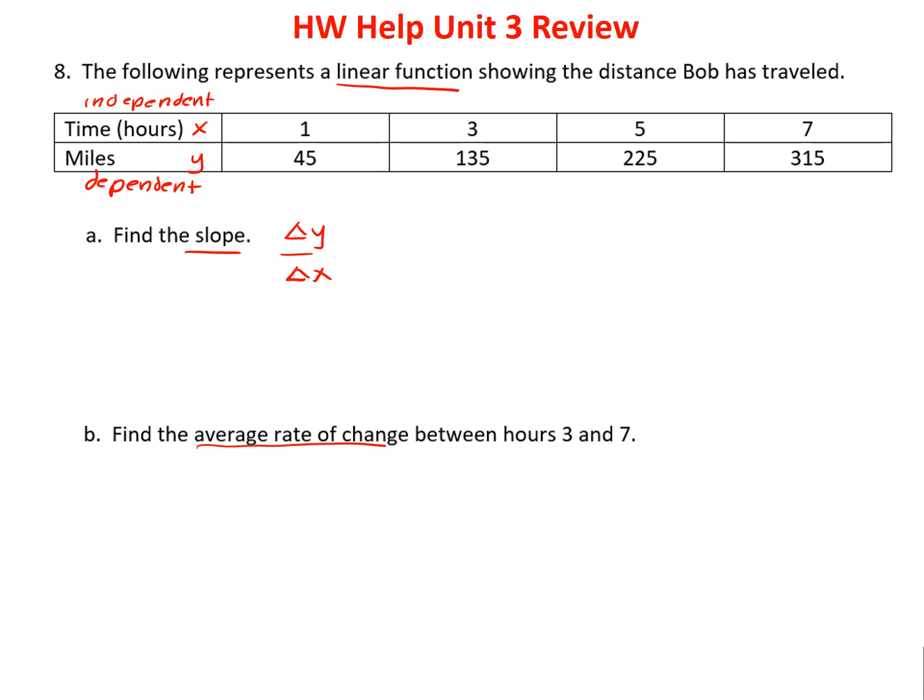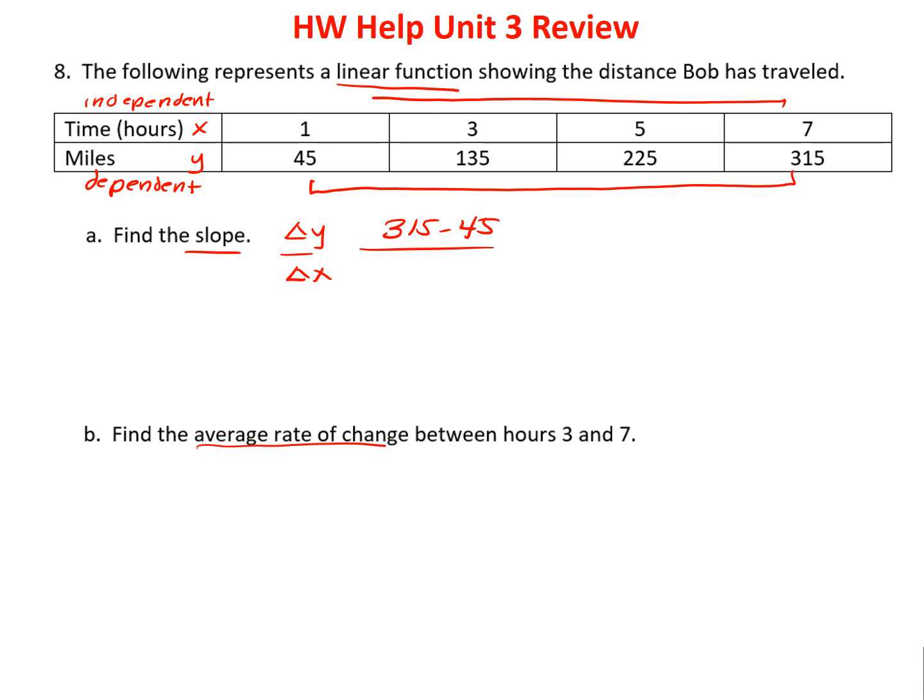Now to find the slope, it doesn't matter which ones we choose. So I'm going to choose the last two, and I'm going to go from here. So I have 315 minus 45 over 7 minus 1. So 315 minus 45, let me do a little quick calculation over here. 5 minus 5 is 0. Borrow 1 from there, 11 minus 4 is 7. 270